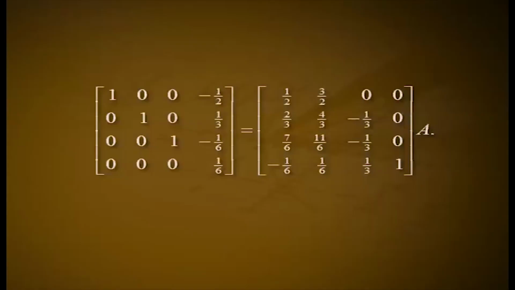Performing R2 3 1 R4 3 minus 1 on the matrix on the left and the prefactor of A on the right, we obtain the following matrix 1 0 0 minus 1 by 2 0 1 0 1 by 3 0 0 1 minus 1 by 6 0 0 0 1 by 6, which is equivalent to the matrix 1 by 2 3 by 2 0 0 2 by 3 4 by 3 minus 1 by 3 0 7 by 6 11 by 6 minus 1 by 3 0 minus 1 by 6 1 by 6 1 by 3 1